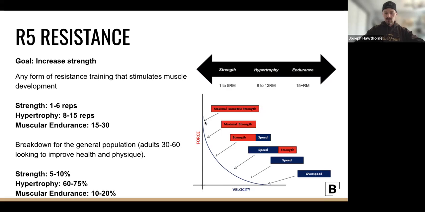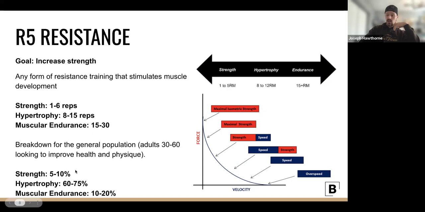But ultimately, you can get strong in any one of these categories, okay? But we want to be able to have sections for each, okay? So this is what we looked at: breakdown population 30 to 60. It's really like 30 to 80. It's really like pretty much anybody. But ultimately, when we are looking at the pure strength, the 1 to 5 rep range, for most people